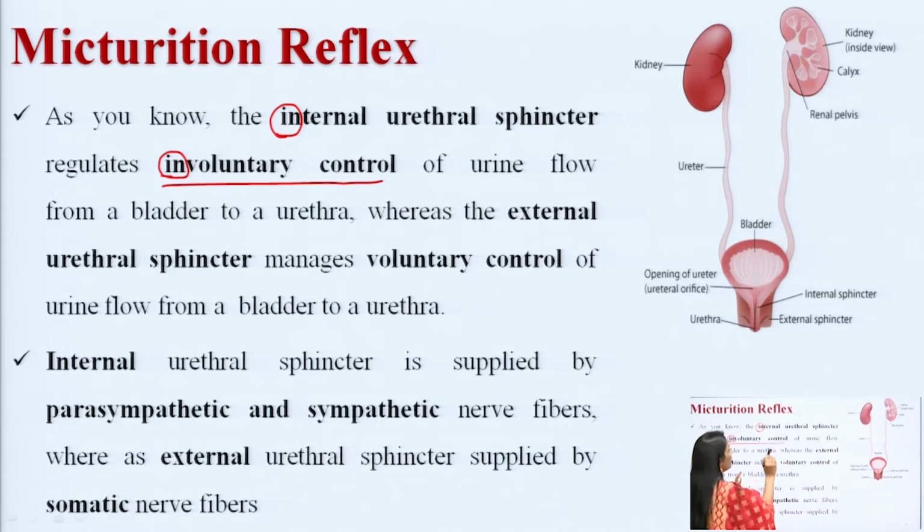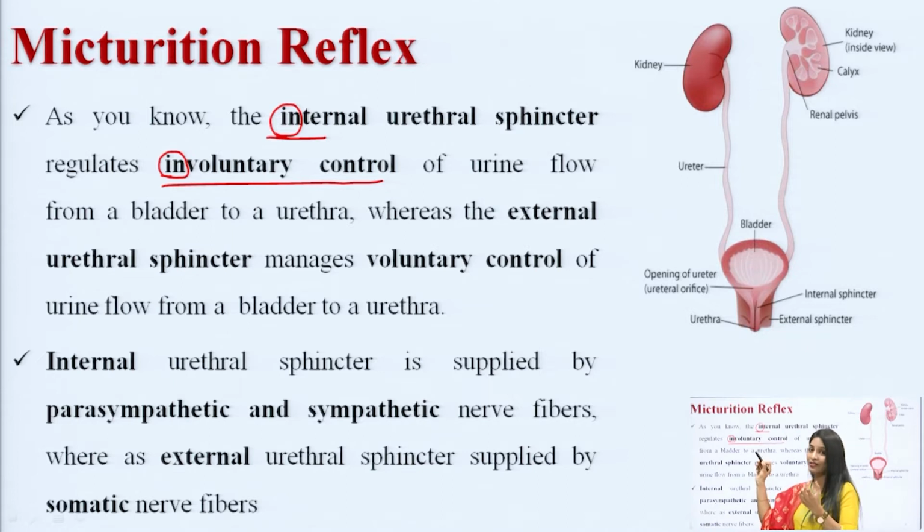If you remember one thing, you can easily remember the next part. You have two sphincters, one internal and the second external. One sphincter is an involuntary control and the second is a voluntary control. How can we remember which is voluntary and which is involuntary? To remember, I gave you a clue: internal represents "in", so involuntary. The internal sphincter is an involuntary, autonomic control,